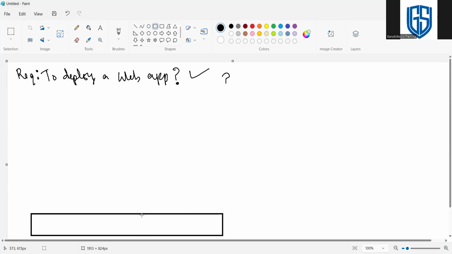Normally we buy personal laptops and desktops, and on top of that machine we install an operating system like Windows 7 or Windows 8. That is the case for a personal laptop or desktop.